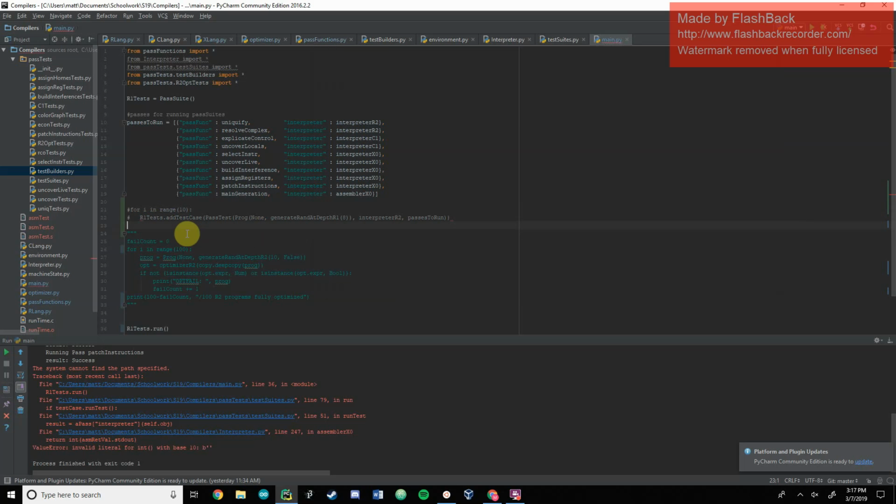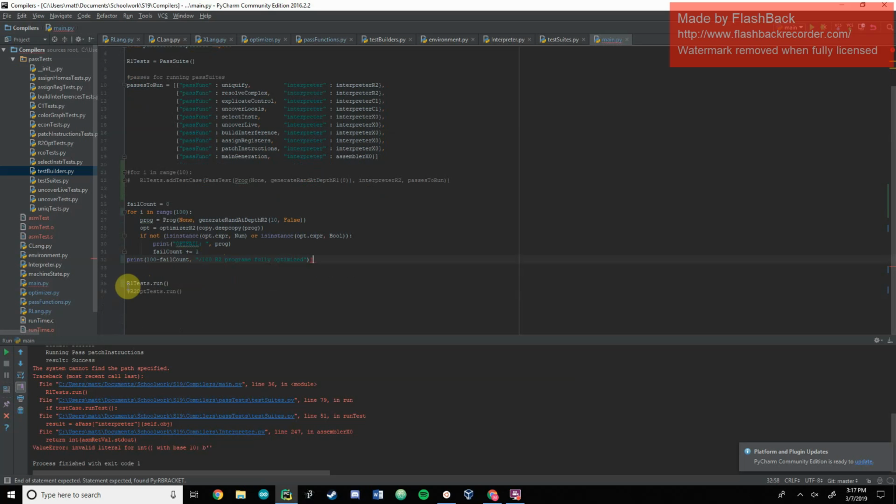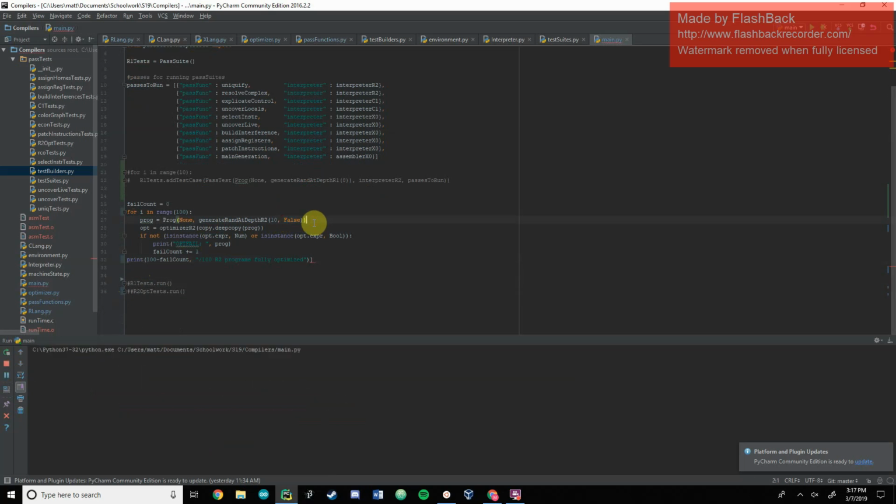And you'll see that my optimizer isn't actually one of those passes that I use, because generally I like to run my tests without the optimizer, because I want to make sure that it'll work for any R program, not just an optimized one. So when I want to test the optimizer, what I do is I have my generate rand function actually take a second argument, which is whether or not to allow reads. So if I don't allow reads,